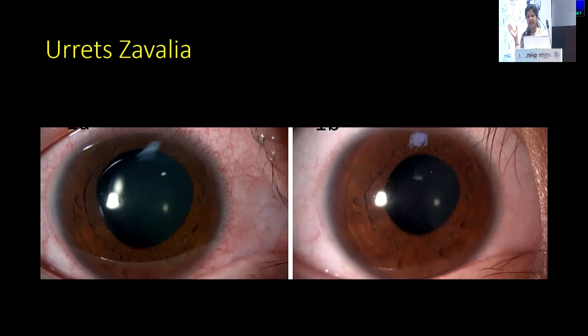And so this appears to be what we describe as Urrets-Zavalia, usually following a keratoplasty, especially lamellar, after overinflation of the chamber in lamellar keratoplasty. So I suspect that was the reason why this patient presented in this manner. Now, the treatment is, of course, reduction of the intraocular pressure. I've used pilocarpine also to try to reduce the pupil, but there is some amount of ischemia that is always